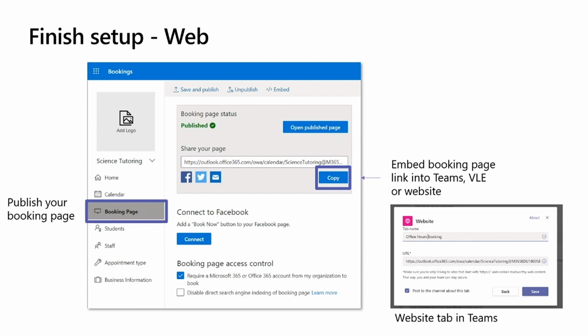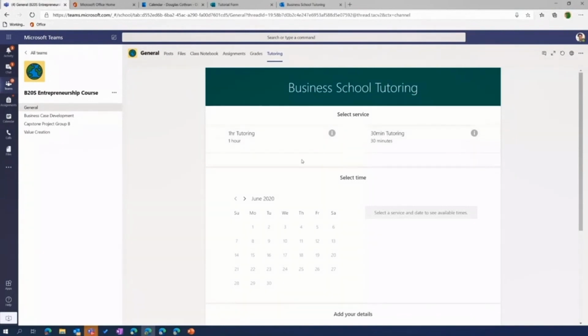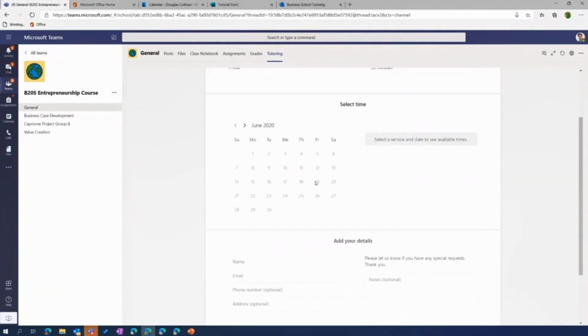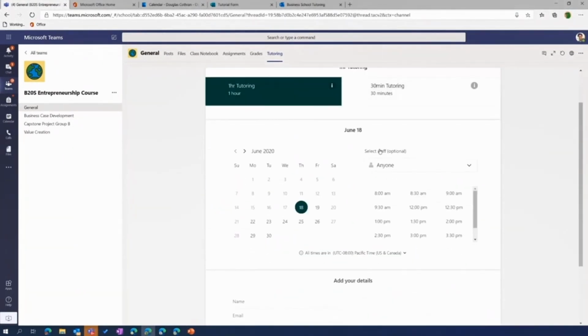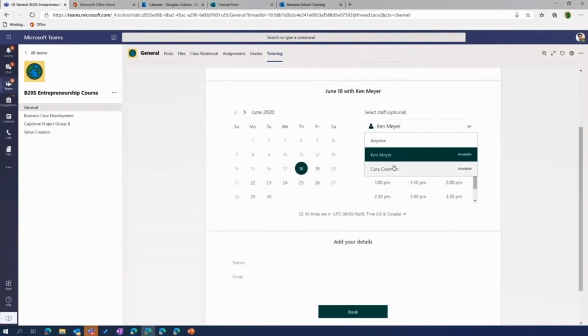So you might be saying, okay, Dominic, well, what does this all look like together? And remember, this is just an overview of bookings. We can then certainly do a more in-depth session in the future, depending on how many people want to see more. But what this looks like is here, you can see now I've got my tutoring page. This is just a pre-made example. So this is a business course where we have our business school entrepreneurship course. Right now, I'm currently logged in as a student named Douglas. As that student, I'm going through and I want to have a meeting.